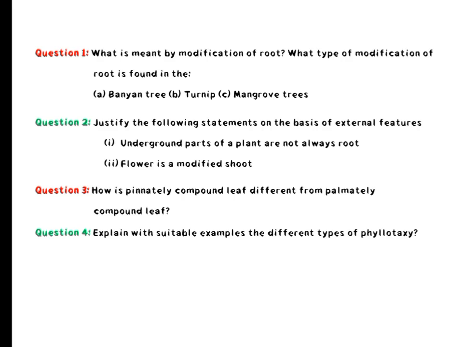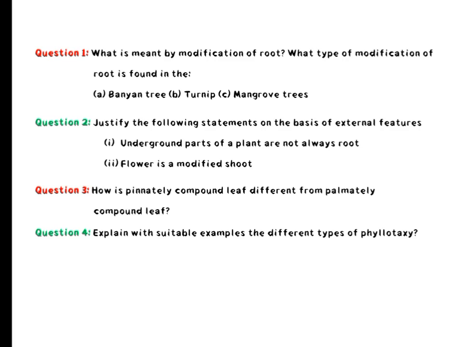Only in the flowering season the apical meristem will give rise to a floral meristem. At that time, leaves are always there. The stem axis gets condensed, and the internodes lie close to each other. Finally, instead of leaves, floral appendages arise from the node. So we can say the flower is a modified shoot.